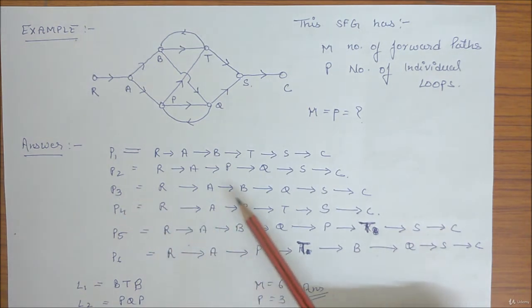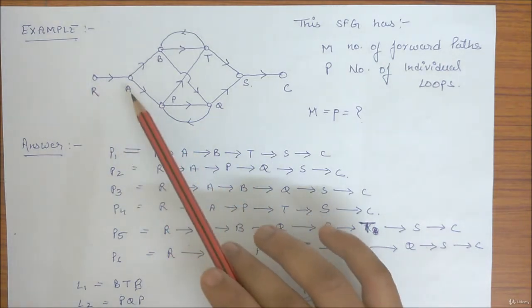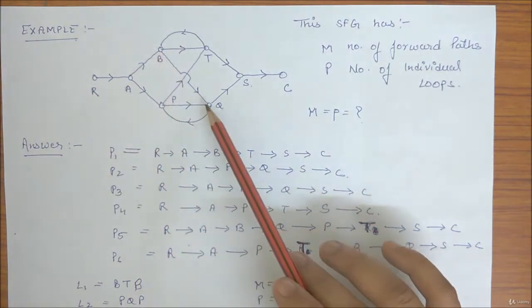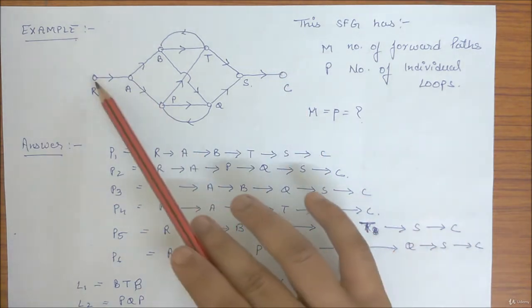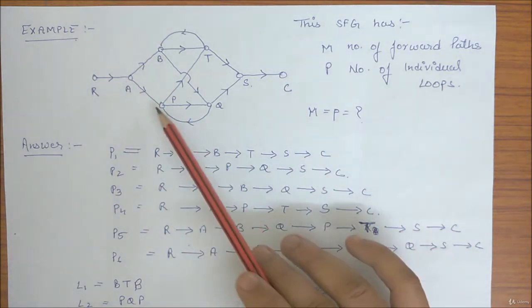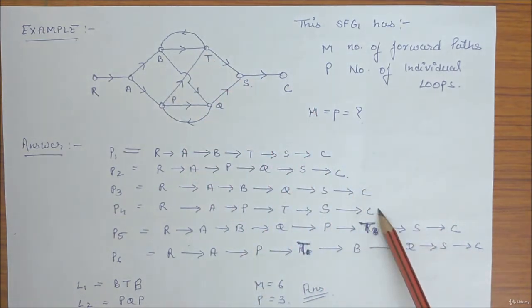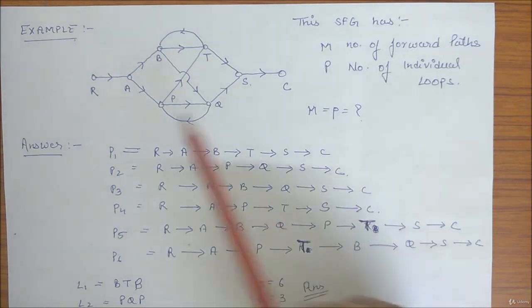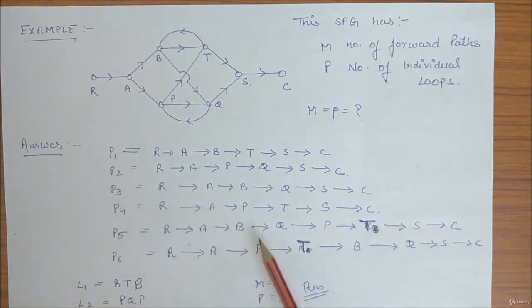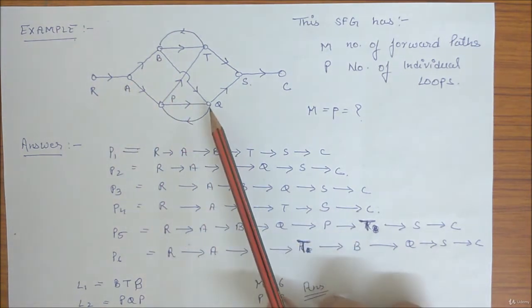P3, R A B Q S C. My fourth path, R A P T S C. This one. My fifth path, this is more important, R A B Q,